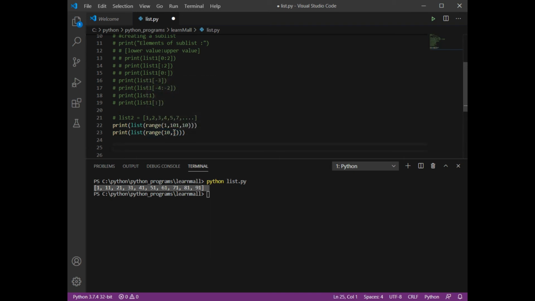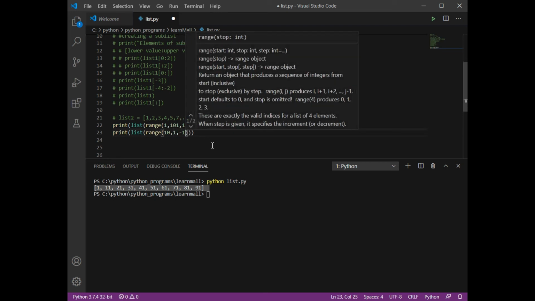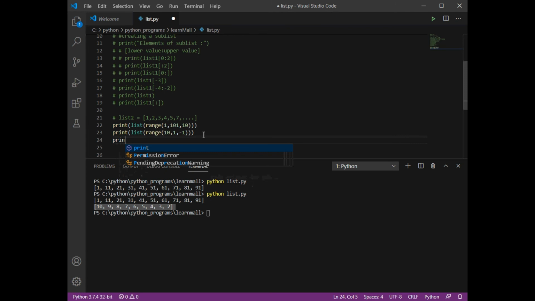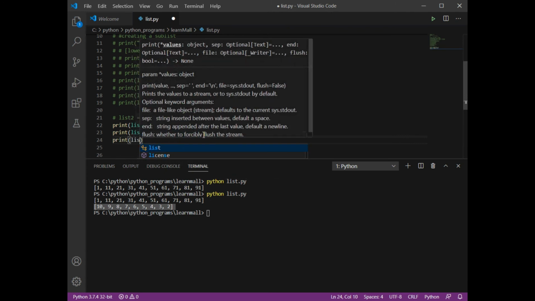Okay, so I need to tell it that your window is going to work if you decrease the value instead of increasing. Now when I run my code, see, it is giving me the values 10, 9, 8, 7 in reverse order. Okay. Similarly, if you want to display negative numbers instead of positive numbers, you can write print list.